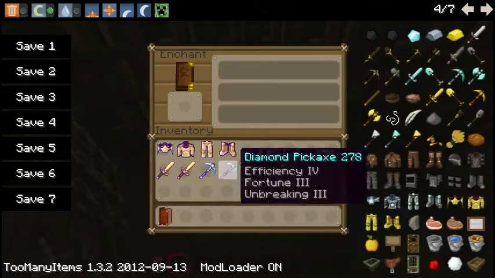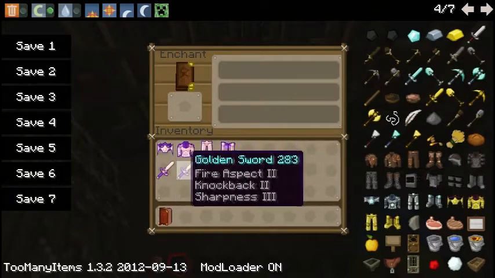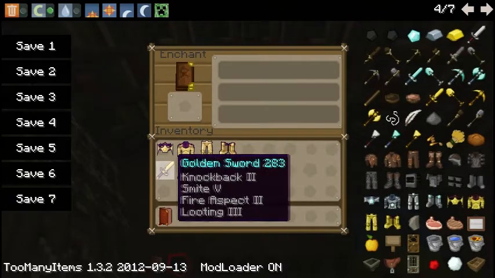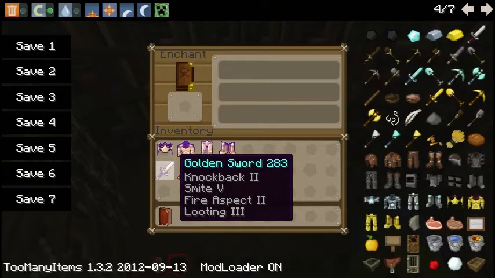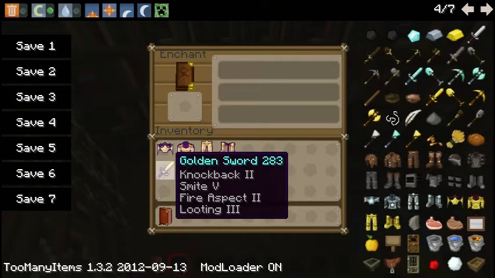Let me go into the weapons. I just use gold for some reason. I don't know. I think it's a little bit easier to enchant gold. You get better, or you get more enchantments this way. So right here I have a golden sword with knockback 2, which, as the name implies,